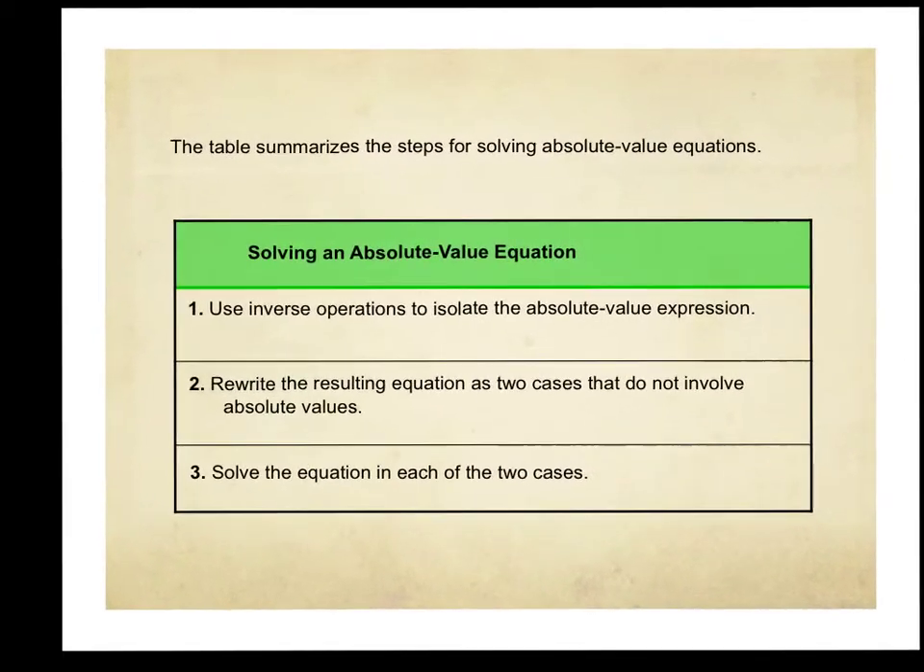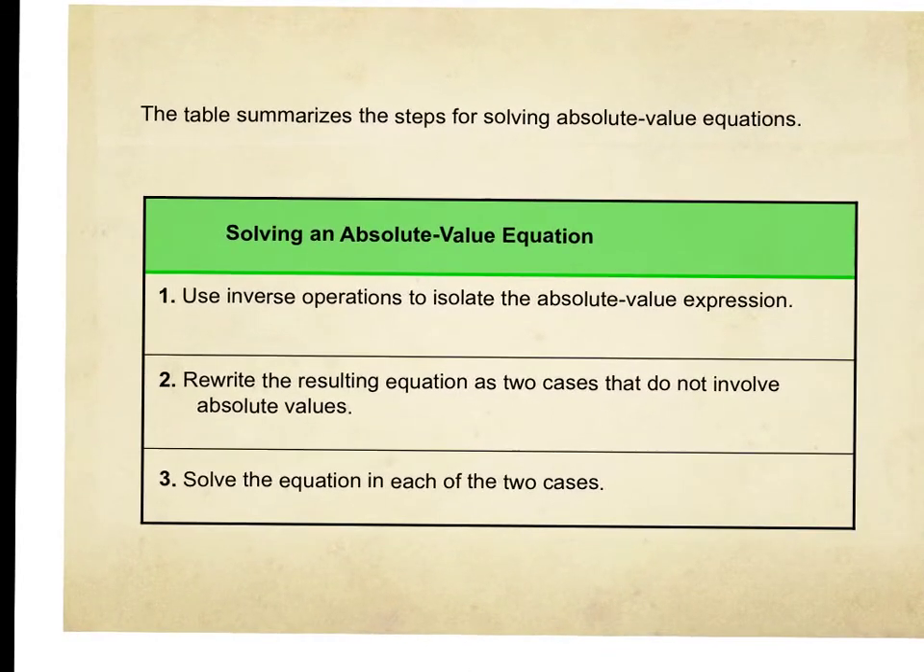Okay, here we are going to talk about the 3 steps to solving an absolute value equation. And this table kind of summarizes those steps. Well, first we're going to use inverse operations. We've been using inverse operations this entire time to isolate the absolute value. So that means we want to get the absolute value alone. It's really important. Number 2, we're going to rewrite the resulting equation as 2 cases. So we're going to be doing 2 cases, a positive case,